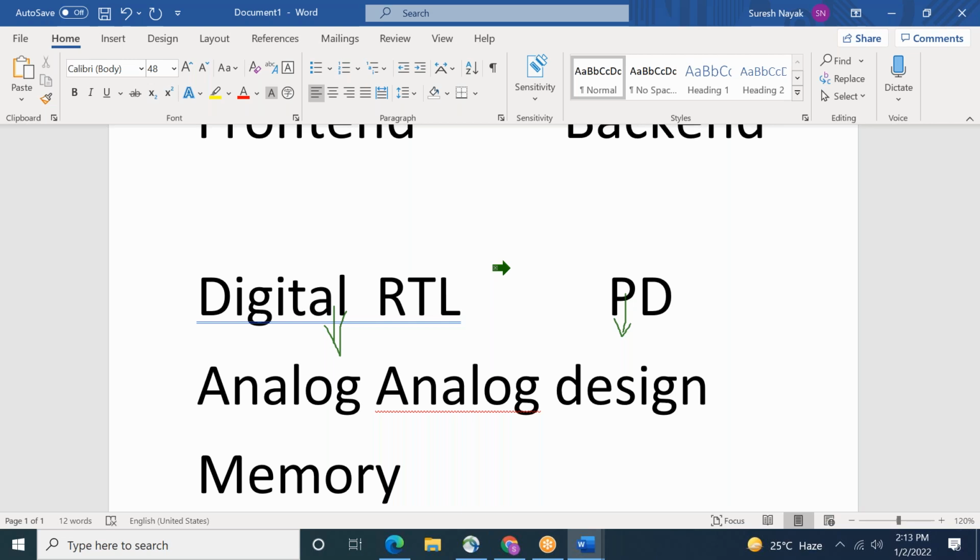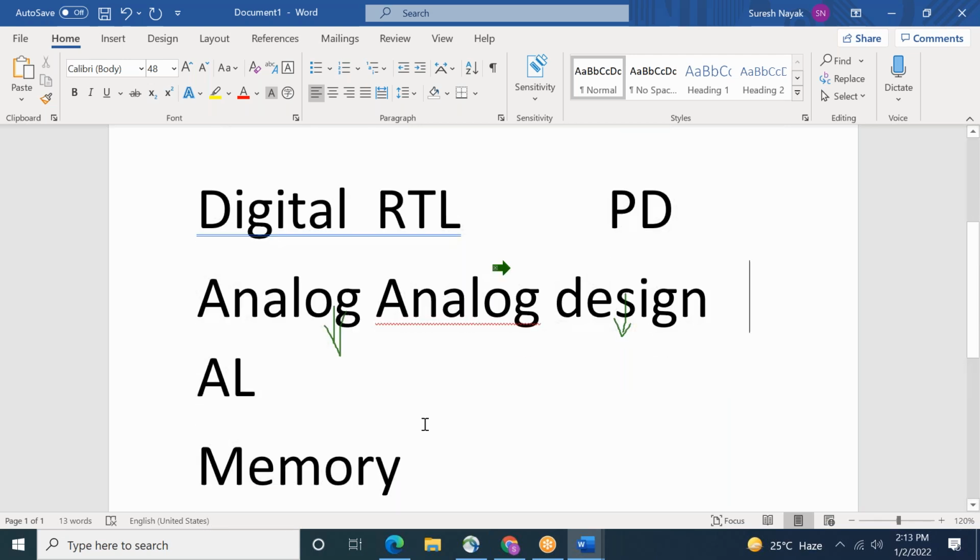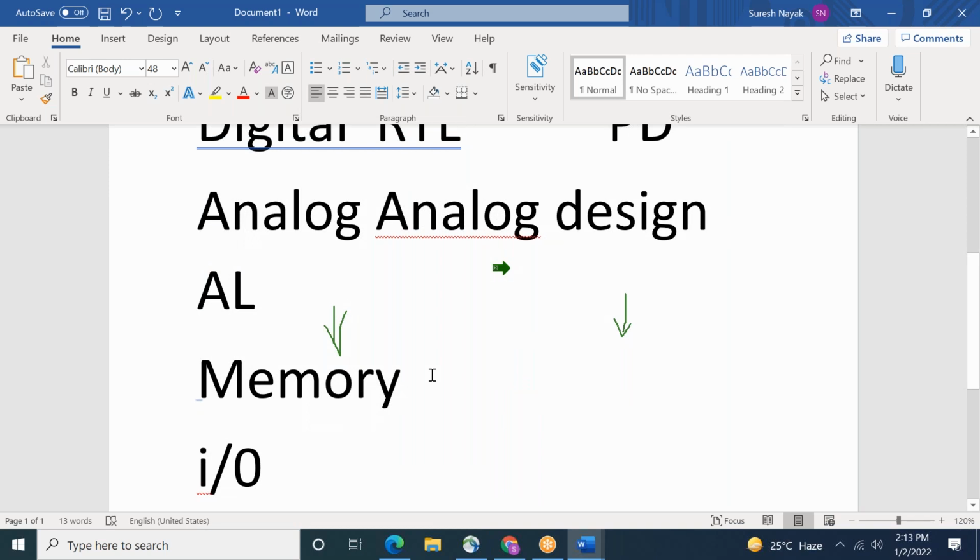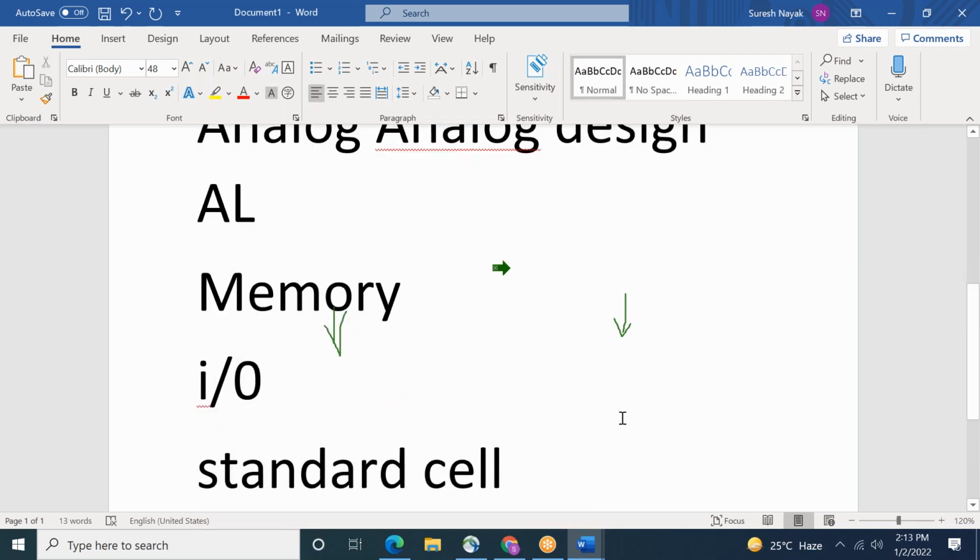And for back end, it is called analog layout. This is the analog layout part. And if you go for memory design, memory layout, IO design, IO layout, standard cell design, standard cell layout.